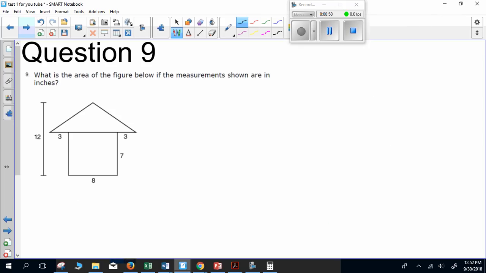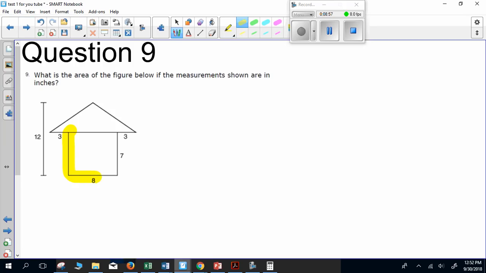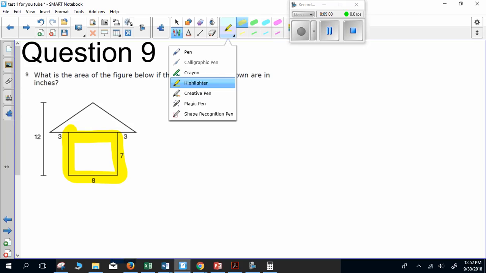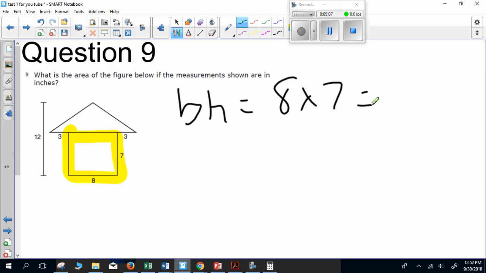Okay, the next one. What is the area of the figure below? Well, I've got to break it into things I know how to find the area of. So I know how to find the area of that. So that is just a rectangle, and a rectangle is base times height. So it's 8 times 7, or 56. All right, then I need to look at the other part. I know that this distance is 3, and this distance is 3. And this distance down here is 8. So 3 plus 8